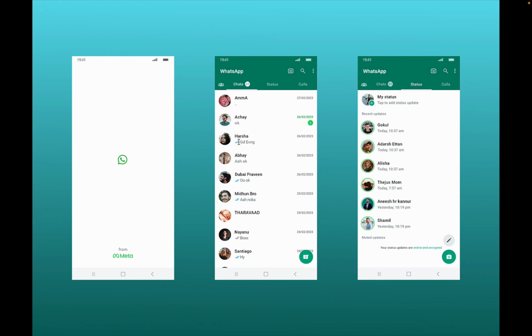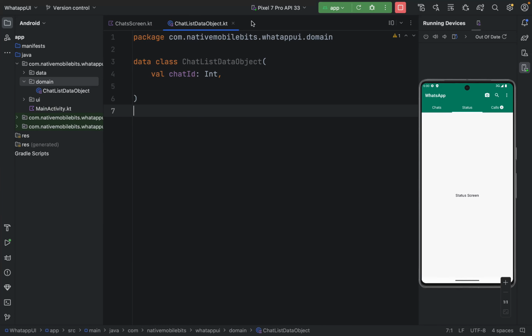We should be having some delivered or not delivered status for the last message. We should be having the last message content, and we should also have some idea whether that last message is of audio type, video type, image type, or text type, or it can be location type as well. So we need to make sure we have these kinds of things, right? So let's go back and let's define one